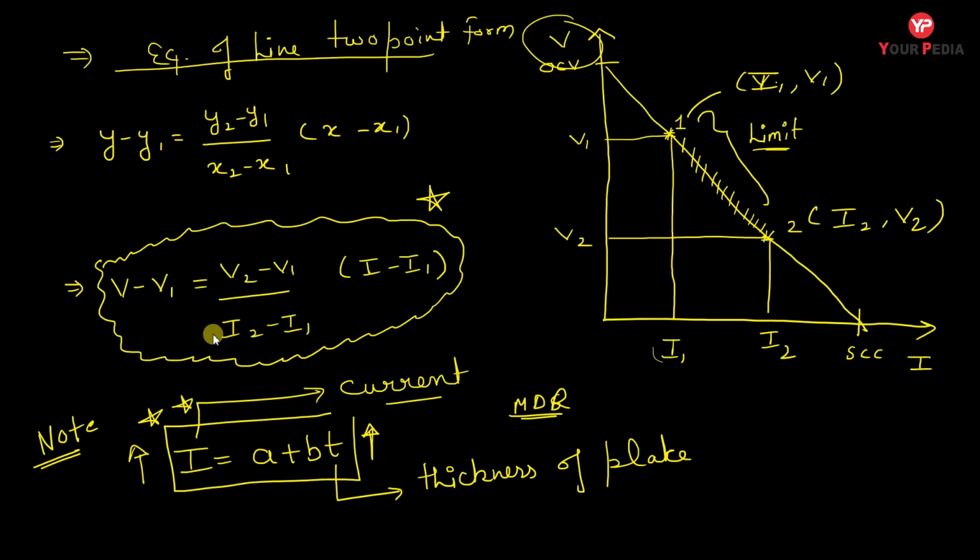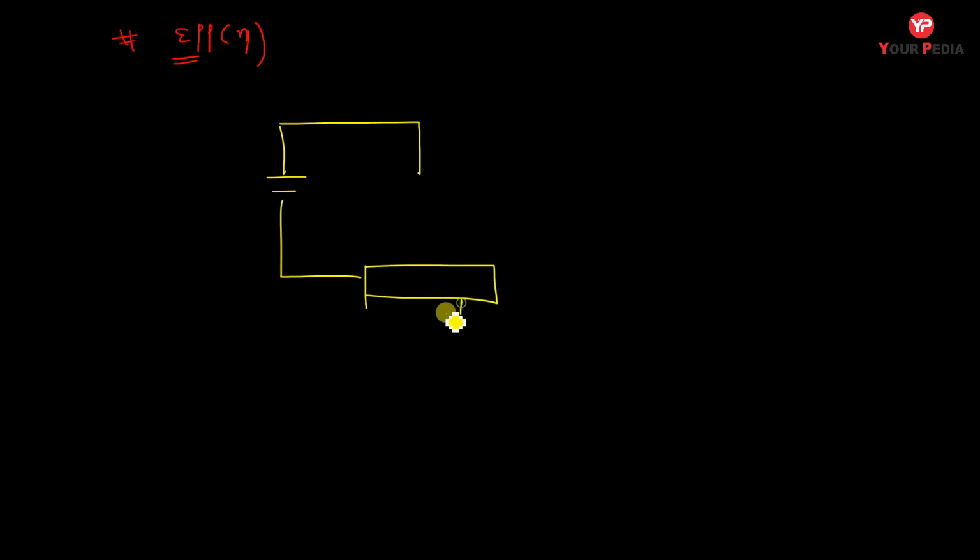Now you can note these relations. The next topic of arc welding from which they must ask questions is efficiency. So how to calculate the efficiency, let me discuss with you. First of all let me change the color of this pen. For example, this is the basic arrangement of the arc welding machine that we have already discussed. This is the power supply and this is the workpiece, that is earth, and this is the electrode.